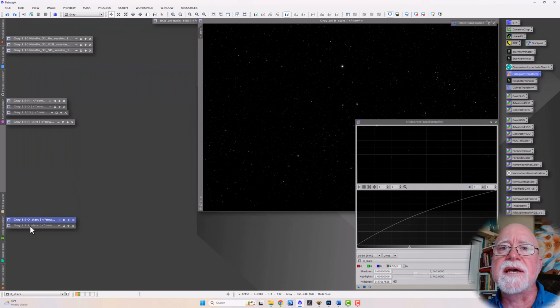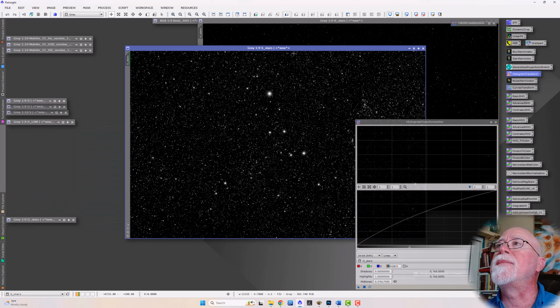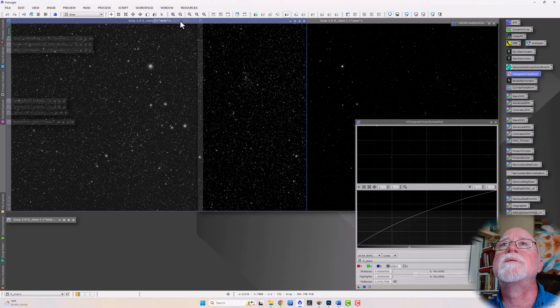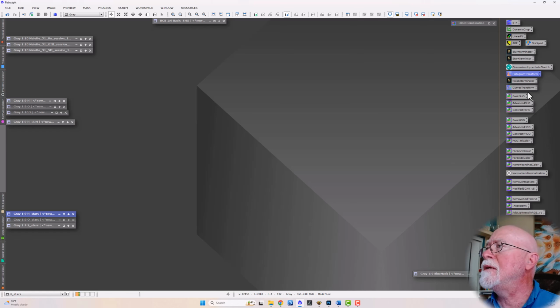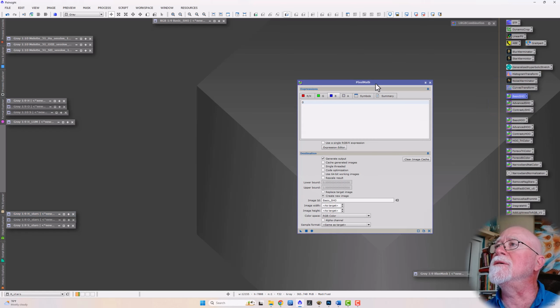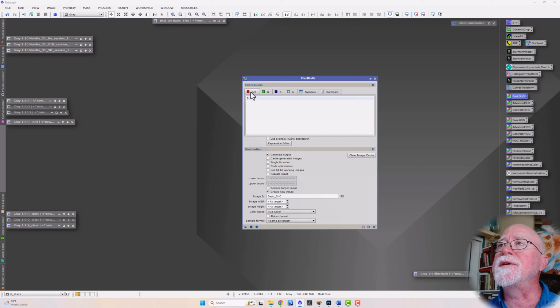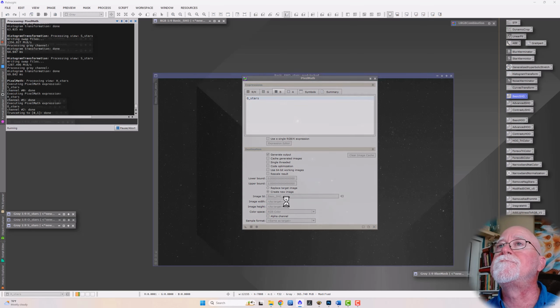And then I'm going to do the exact same thing to sulfur. So I'll just speed through this part. You don't need to. Okay. So now we're going to go ahead and combine stars. To do that, I'm just going to go to each of these and type underscore stars, because that's the name of the file that I'm going to combine. So I'm just going to copy this and paste it with each of these. And don't forget to paste down here with the image ID. And then we just execute it. And voila,